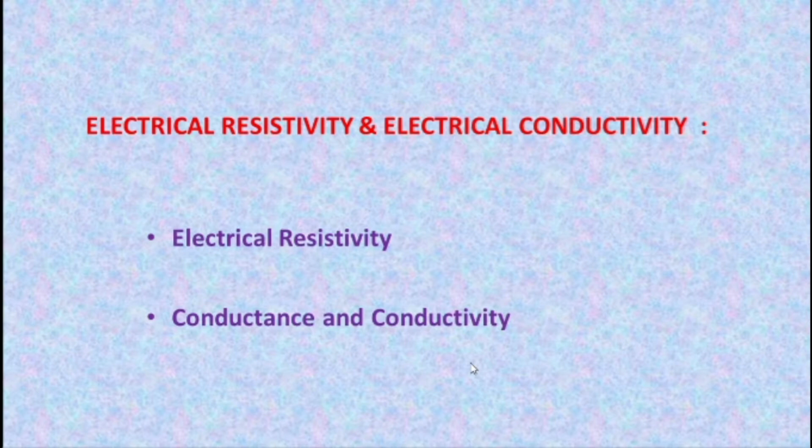Next, resistance of a conductor. From Ohm's law, V by I is equal to R. The resistance of a conductor can be defined as the ratio between the potential difference across the ends of the conductor and the current flowing through it. For example, V by I equal to R. So we get the R value as the V value divided by the total current I. So R equal to V by I. We know the SI unit of resistance is ohm.